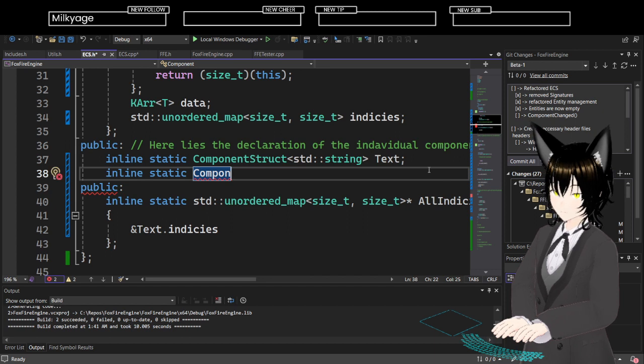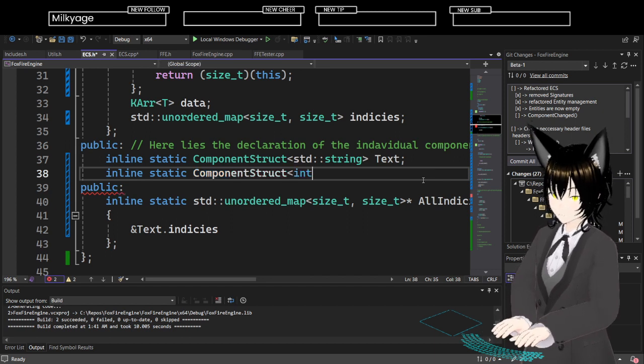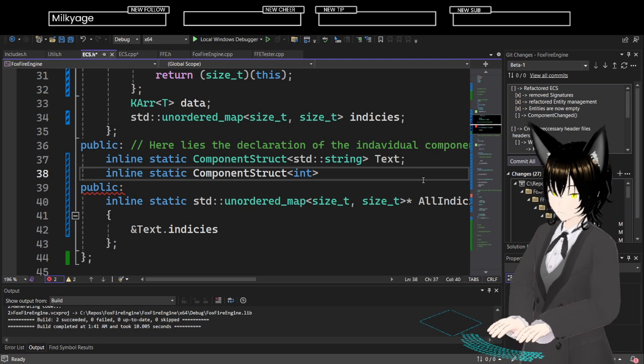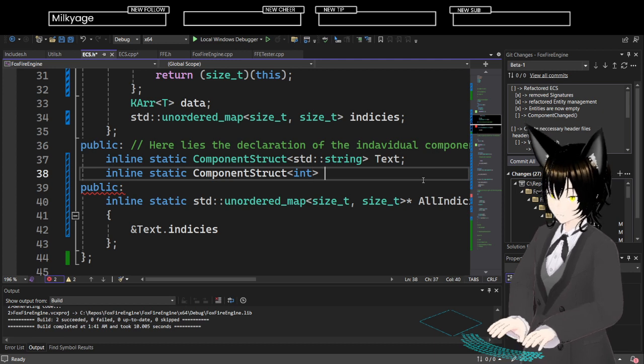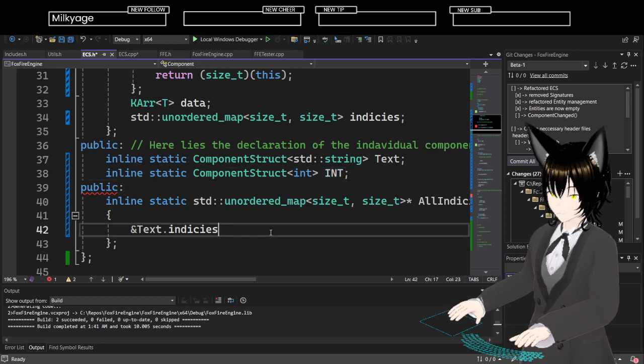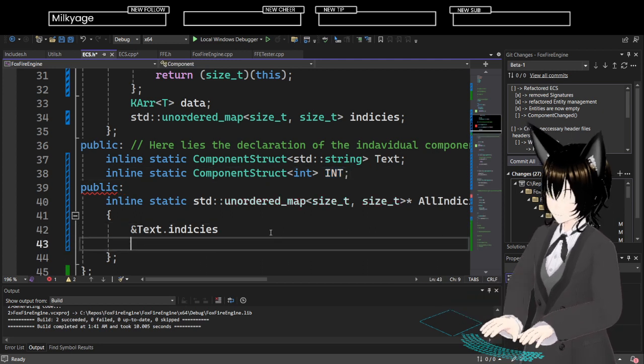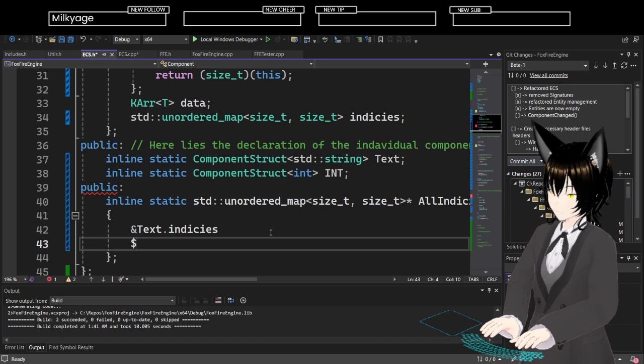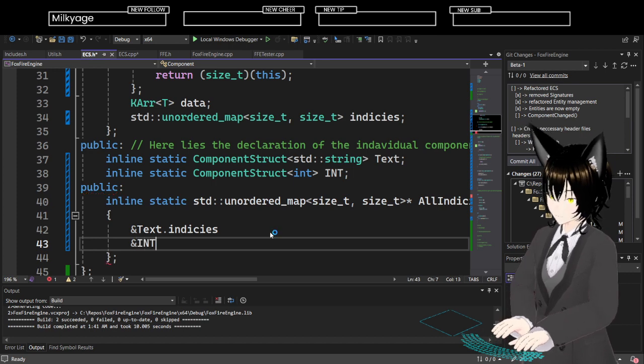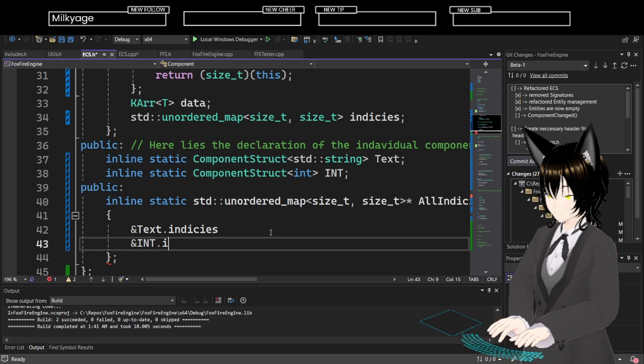I'm a little bit interested here. Ints, right. And then here I'll do int indices, right?